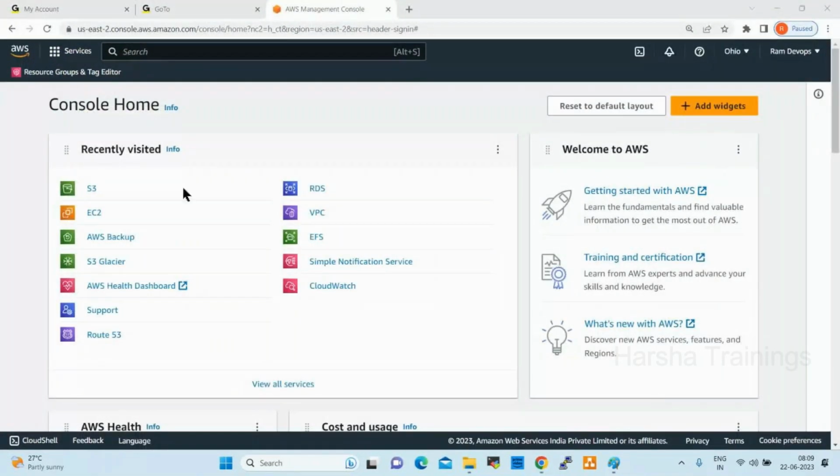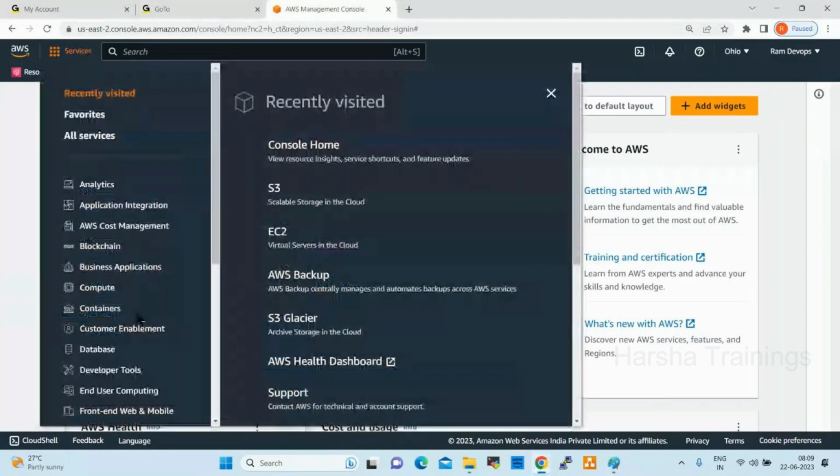Yeah. So we already walked through compute services, EC2,